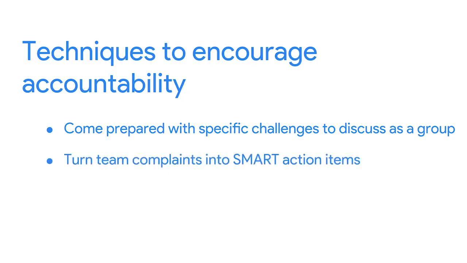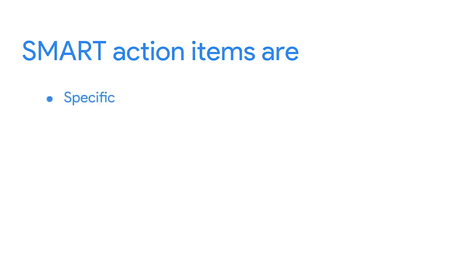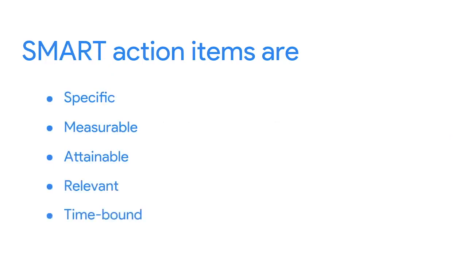Another useful technique is to turn team complaints into smart action items. You've learned that project goals should be SMART, which means that they're specific, measurable, attainable, relevant, and time-bound. But here's another tip. Action items can be SMART too. If you find that your team does more complaining than problem solving, pick a complaint and turn it into a SMART action item. For example, let's go back to our example where the kitchen managers feel out of the loop